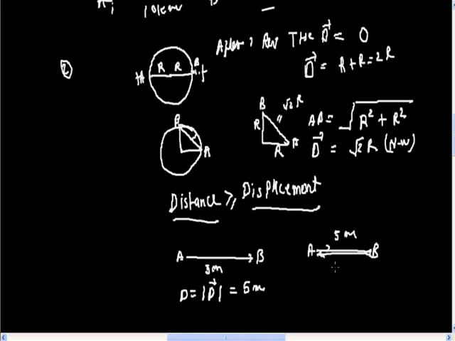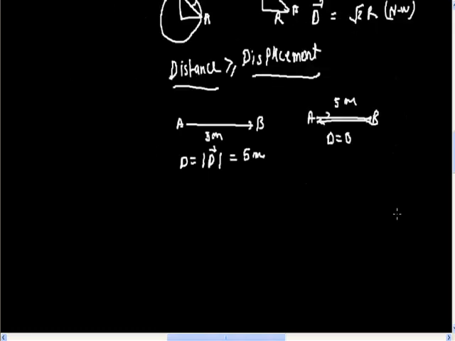Then the total displacement is 0. Okay. Now how can displacement be negative? Let's see an example. An object moves in the direction of B by 5 meters and again moves in the direction of T by 10 meters. Now I have to calculate the total displacement.